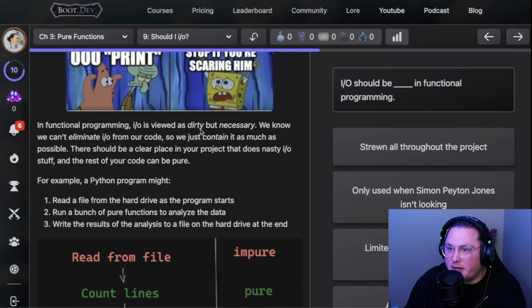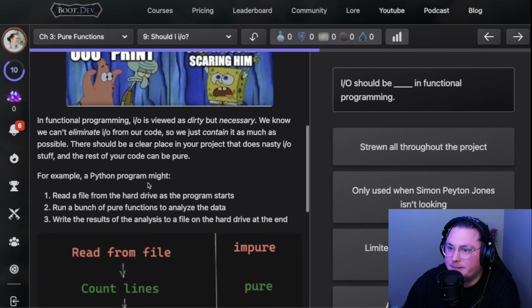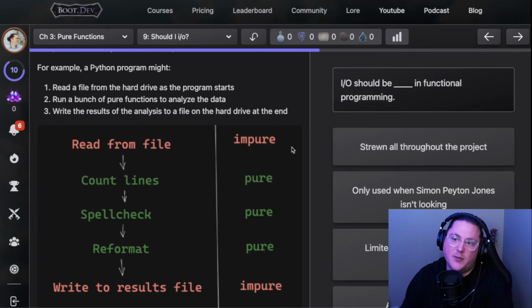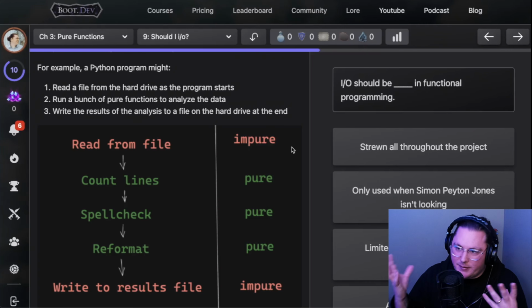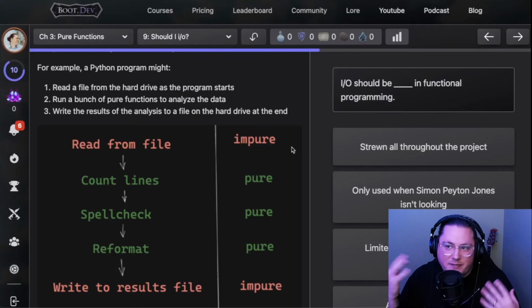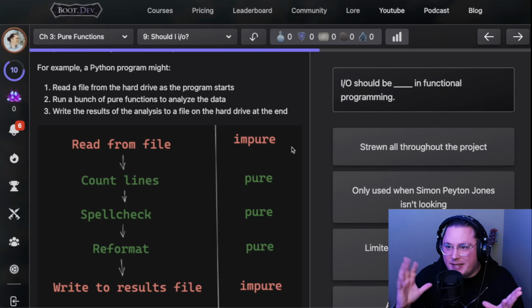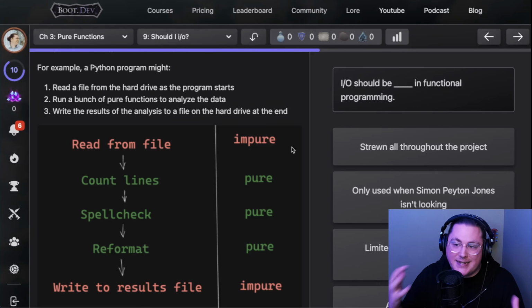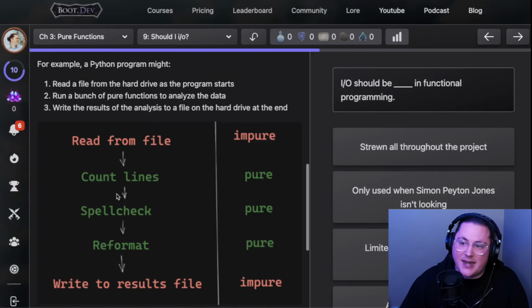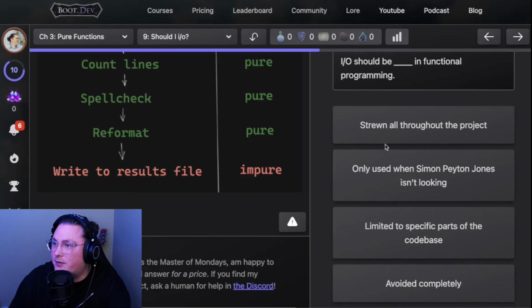But in functional programming, I/O is viewed as dirty but necessary. We know we can't eliminate I/O from our code, so we just contain it as much as possible. Yep. So the idea here is that if you're doing something useful with a program, you're going to have some impure functions when you do I/O. Beyond the scope of this video, there are ways to manage those nicely, but for the purpose of this video, the idea is that you want to contain them to very isolated parts of your code, preferably, like this one's showing, at the beginning and the end. So everything in between is pure. So if we have I/O